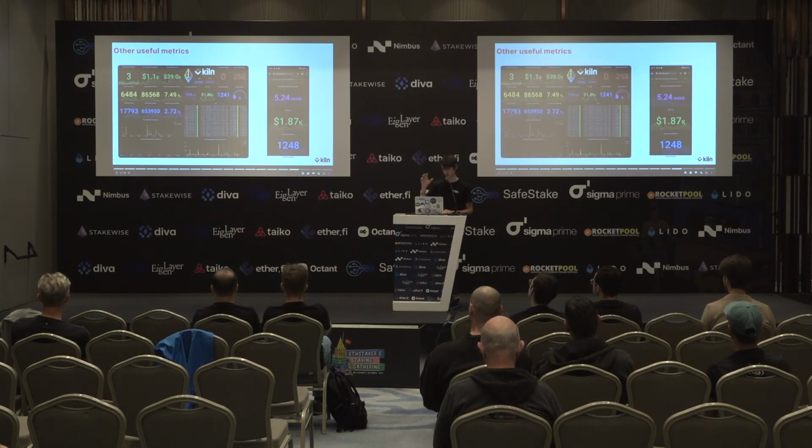So as I said, we have this Python script that exports metrics to Prometheus, and we also have a Grafana dashboard, which shows all of those metrics in a nice way. This is a bit old because it was a few months ago, where the entry queue was much higher than it is today. But if the number of active validators increases, suddenly we will be